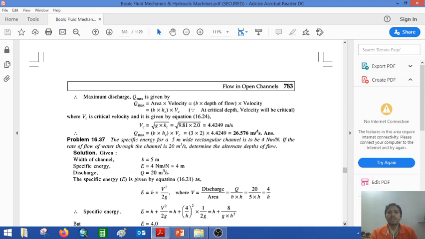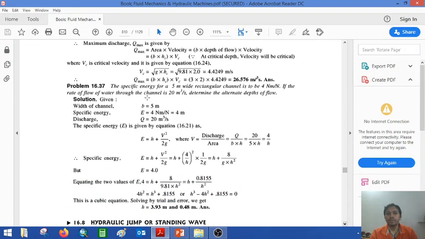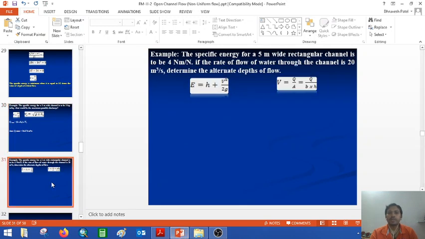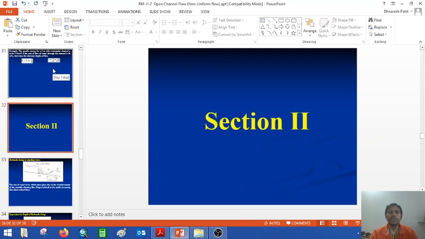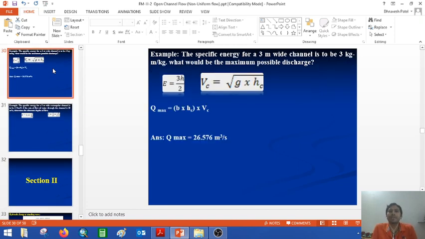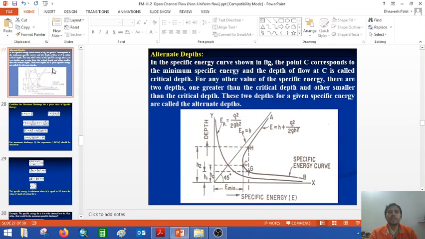You can do the exercise by using the standard book, where all the examples are included. Practice one by one, but be sure before starting an example that you remember all the equations carefully, and then you start to refer to the examples and solve them. But whenever you solve, please keep in mind that you have to write the unit carefully, otherwise it is meaningless. And every unit you leave out in the examination, it is probable that it will deduct 1 mark, right? So please be careful to write down all the units carefully.